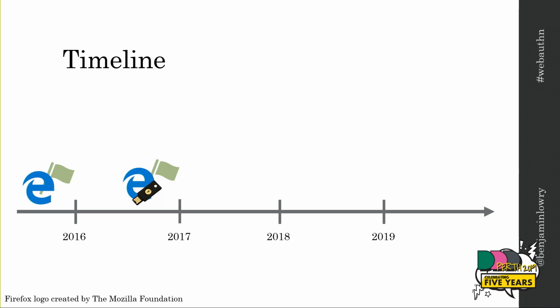Nothing happened in 2017, and we get into 2018, and about March or April, Firefox enabled it for the hardware authenticators, the external ones. So that's cool. We've finally got another browser, and it's on by default. The same month, Chrome did the same thing. And then Dropbox enabled using it as a second factor for logging into their websites.